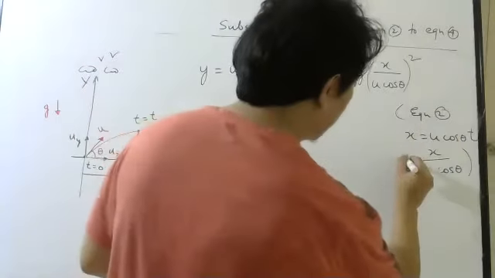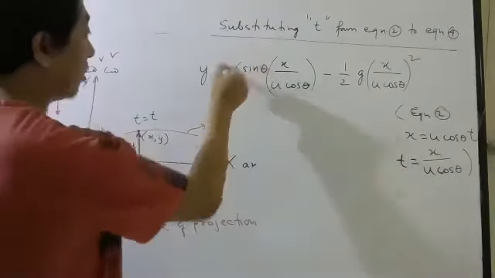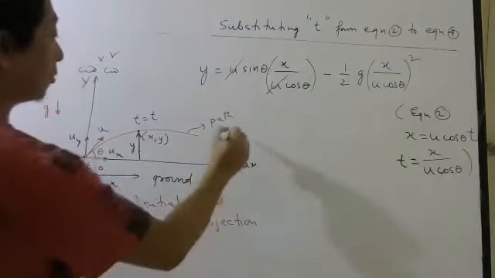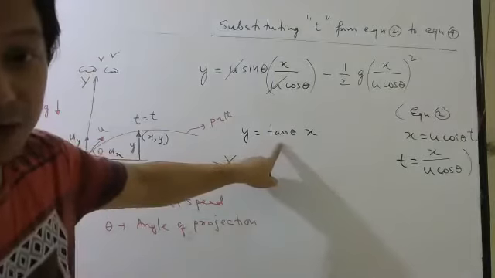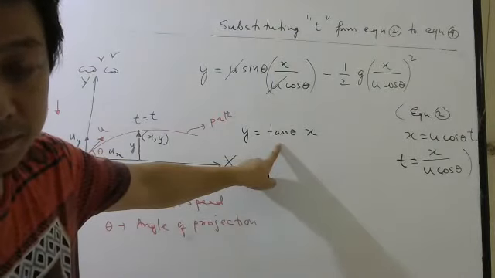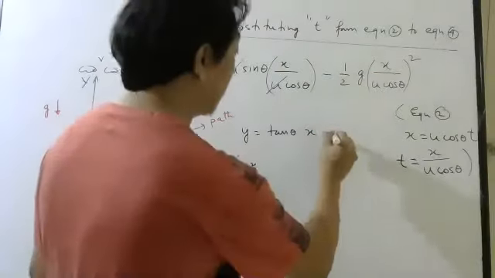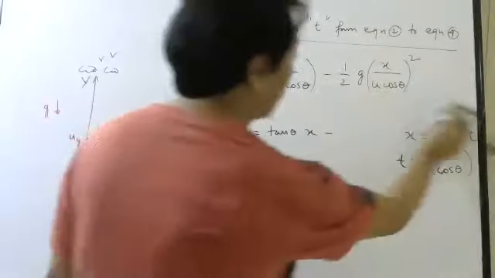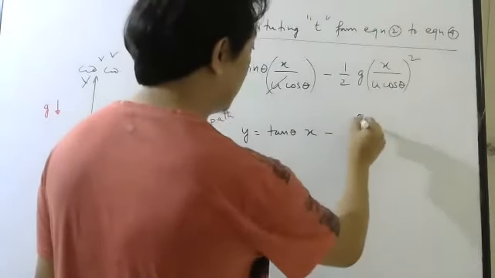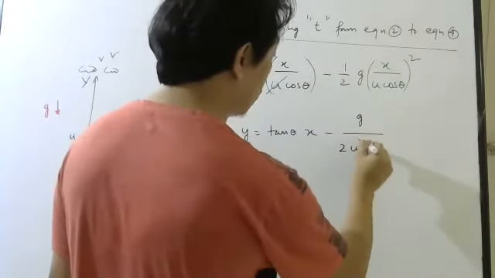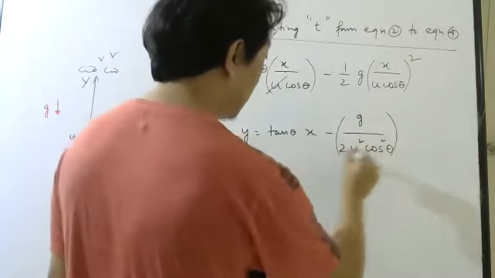So remember, from equation 2, you have to first find t. Okay, now what will you get? This u and u I can cancel. So y will be equal to tan theta x. This tan theta, everyone understood? Yeah. Sin theta by cos theta is tan theta. And here, this one, I will write slightly in a different way. See once. I will write this like this. G divided by 2u square cos square theta, because there is whole square, into x square.